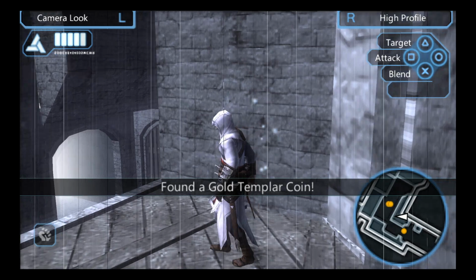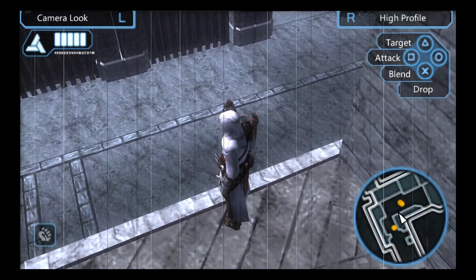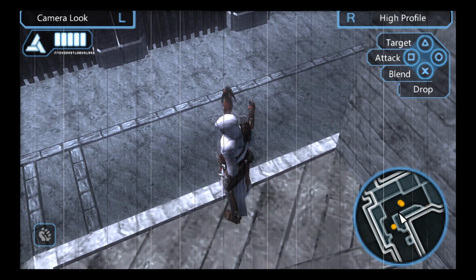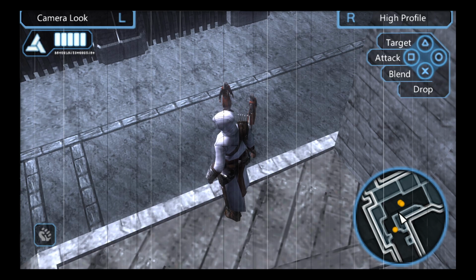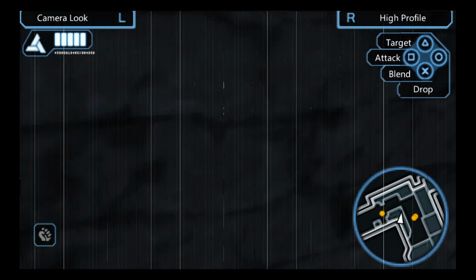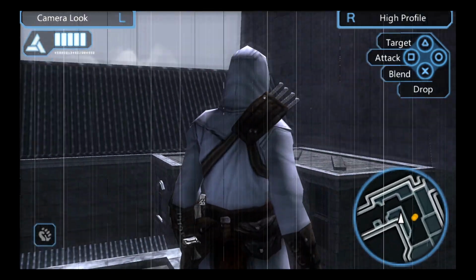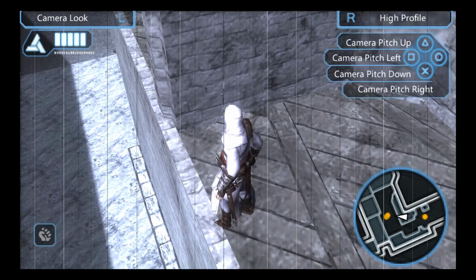Oh, I found a gold Templar coin. Fantastic. So I can target certain people to jump down and attack. You can use the L button to just look around, I guess. Guessing that's where I need to go, because there's no other way I can go. So...